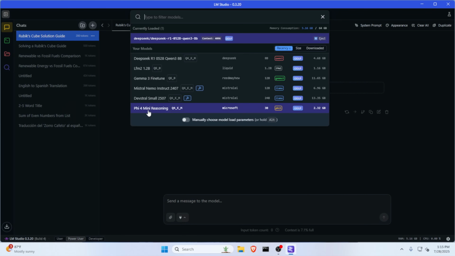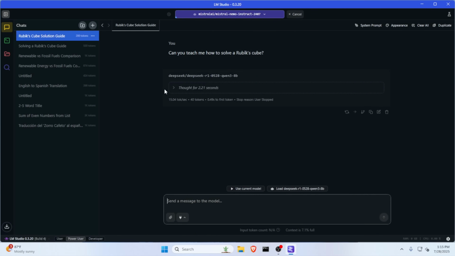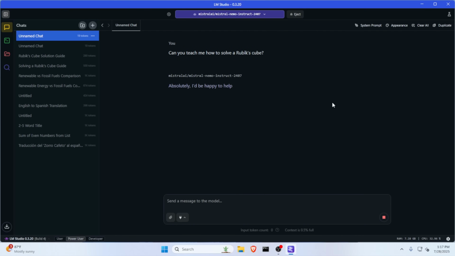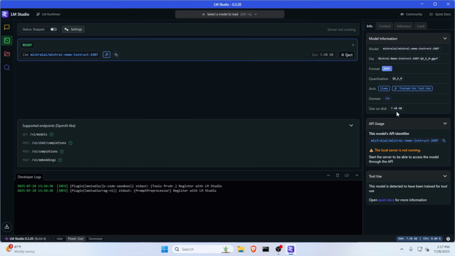And then finally, let's go to Mistral Nemo. This is a 7 gig model. So we've got our full model loaded. Let's ask it the same question. Can you teach me how to solve a Rubik's Cube? This one is 9 tokens a second. Size on disk is 7.48 gigs. Heavy thinker, I guess. We're not going to go too deep into this and go much further into LM Studio